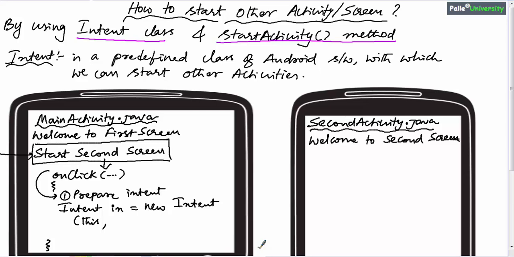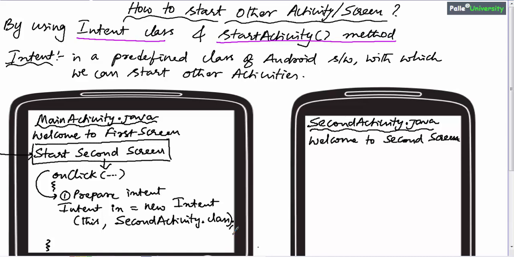Our target screen's Java file name is SecondActivity.java. Once we give this Java file to the compiler, we know that the compiler generates SecondActivity.class. So as the second parameter for Intent, you have to supply SecondActivity.class. That is the syntax. We have to follow that. SecondActivity.class and semicolon. That is the first step.